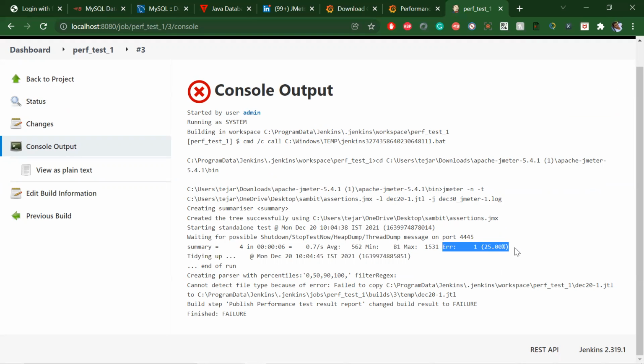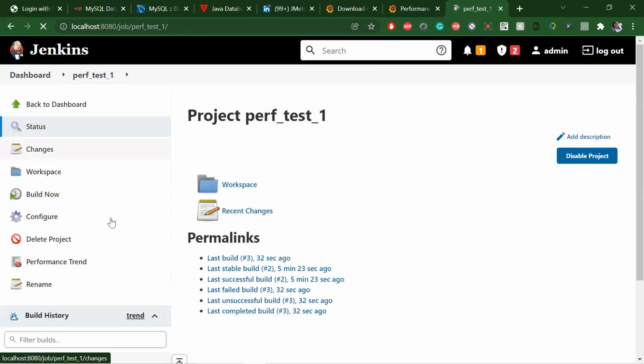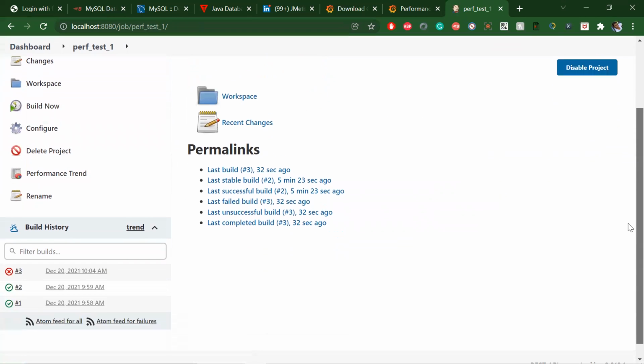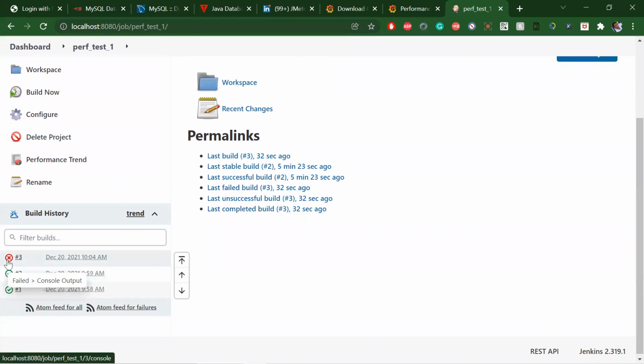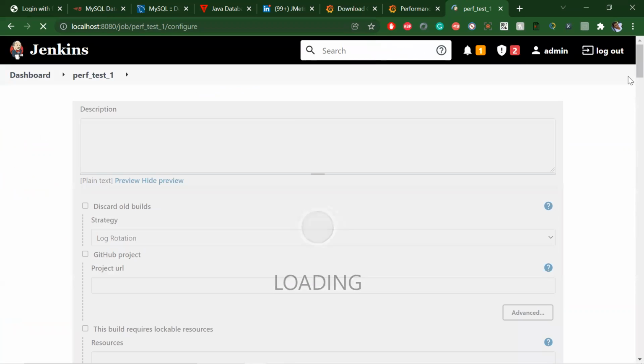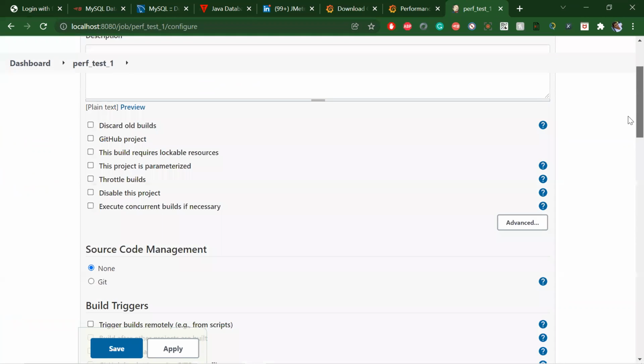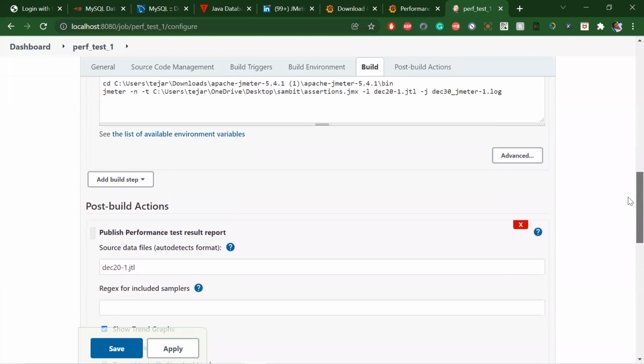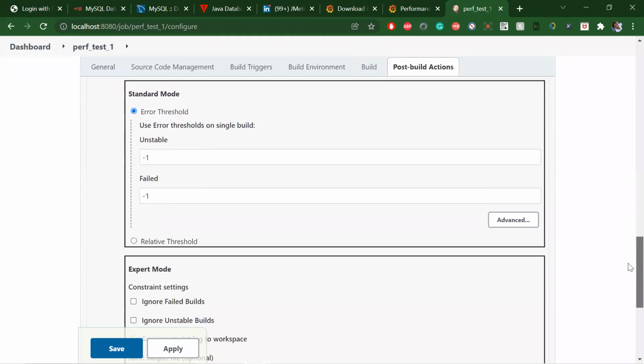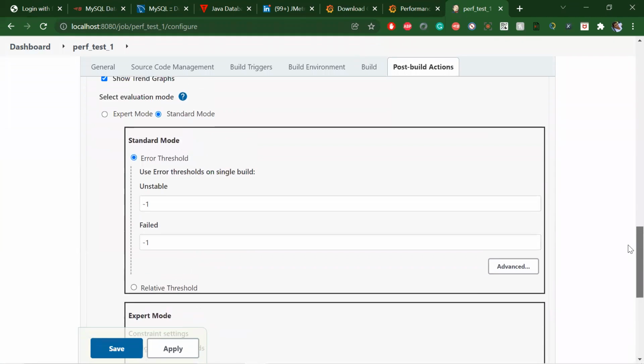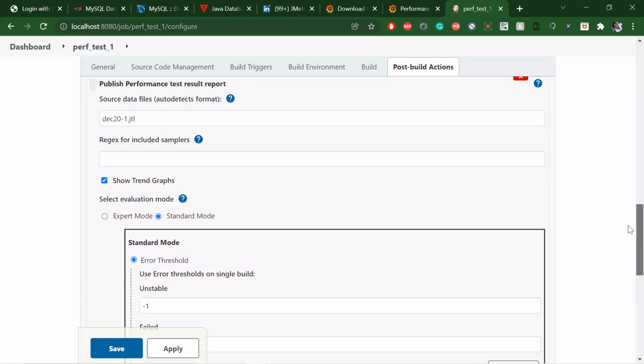So it's valid. And if you go to build history, it shows fail. So this is the way we configure. Let's again go to the job. The main thing is you should have the performance plugin, because without that you can't do anything. And we can see the performance testing graph in Jenkins.